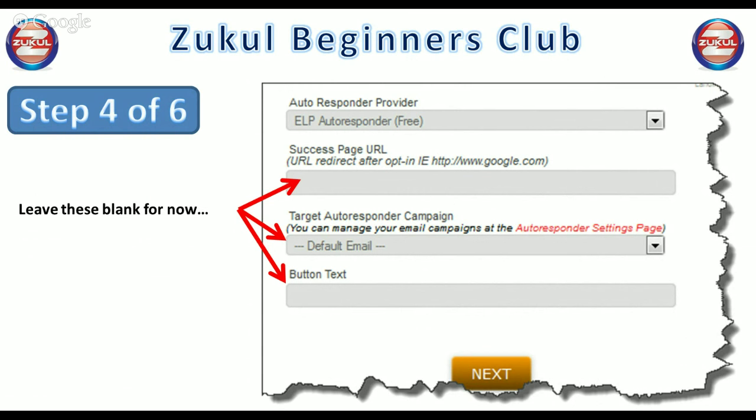And your default email, you set that when you set up your autoresponder campaign, and then you click on this, again, the drop-down arrow. Once you've got 2, 3, 4 rotator campaigns in it, then you'll find you can choose which default email campaign to put in that window. But we don't need to do it right now. I haven't even set up a campaign at this moment of time. Likewise, the button text. I don't need to do it right now. I can just simply move on and click the next button. So we can come back and complete any of these things at a later stage.